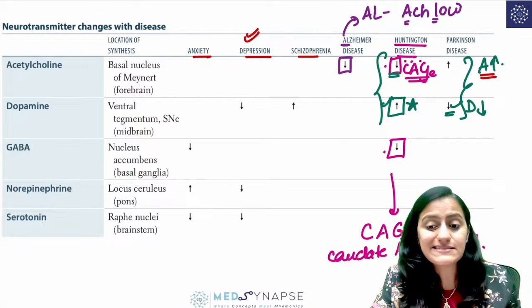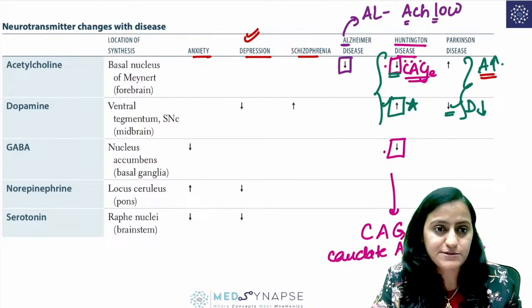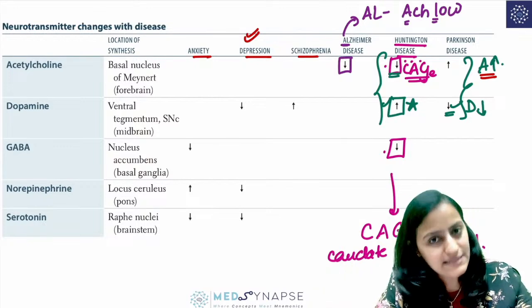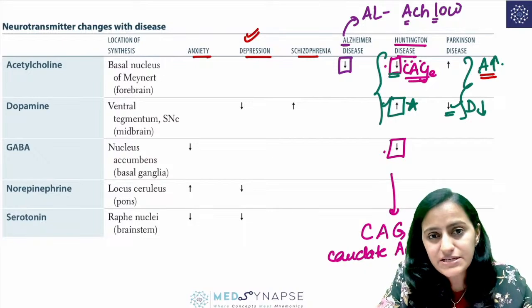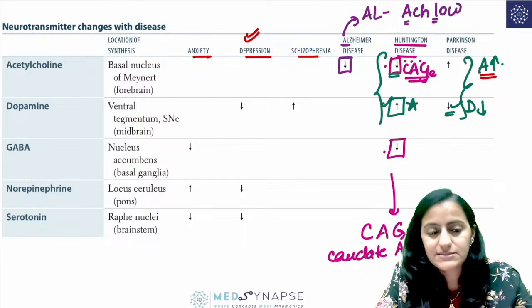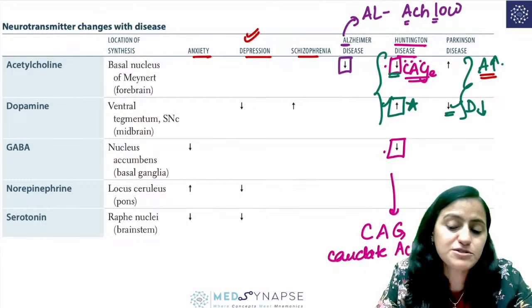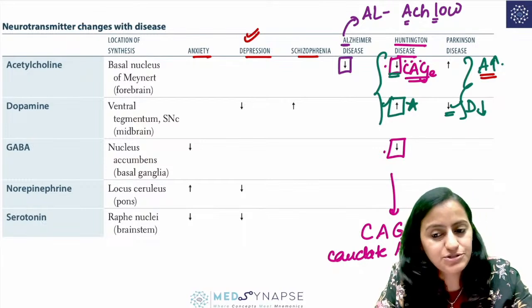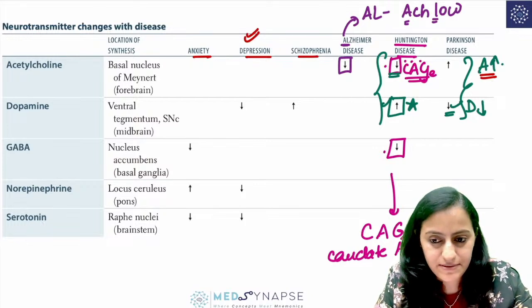Levodopa is not the drug of choice in drug-induced Parkinsonism. Only in Parkinsonism, if they ask, then it is levodopa. But for drug-induced, where the dopamine receptors are already occupied by the drugs, they are antagonizing dopamine receptors. You do not give levodopa, but anticholinergic drugs. That is the concept there.